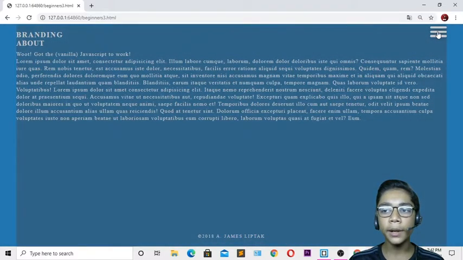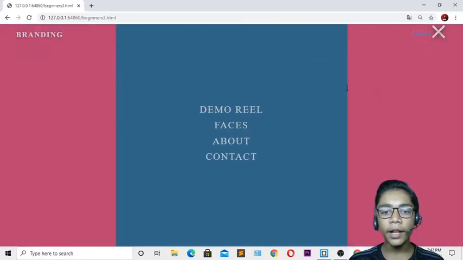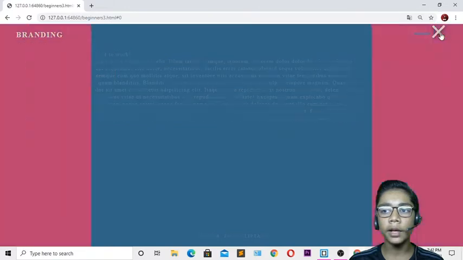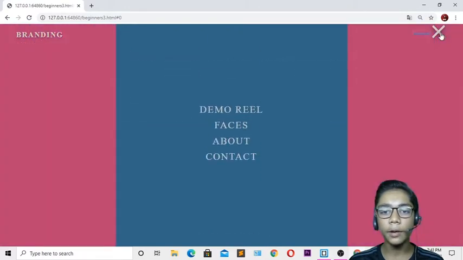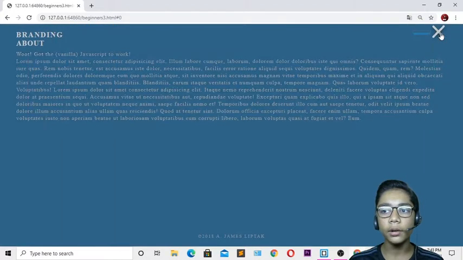So over here if I press that, you can see our nav bar is opening. And if I press this cross button, it is gone, and it is popping up with animation. With the help of animation it is coming over here. So I will be building that with JavaScript.